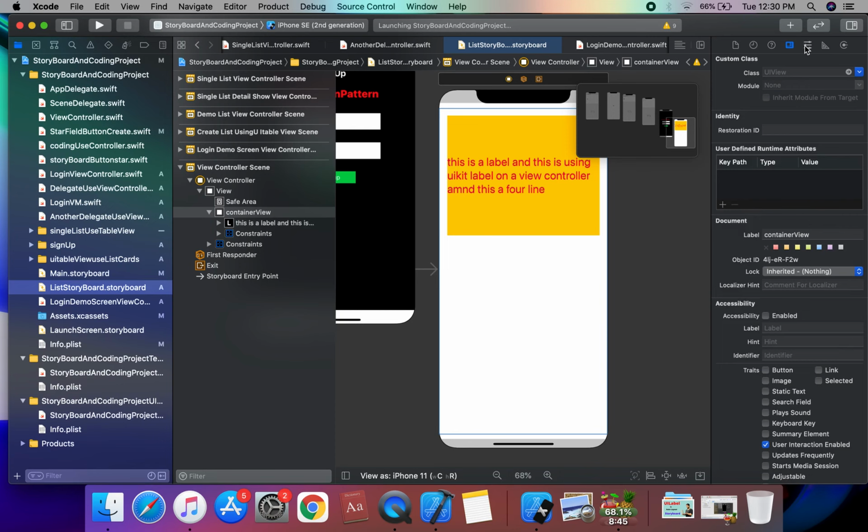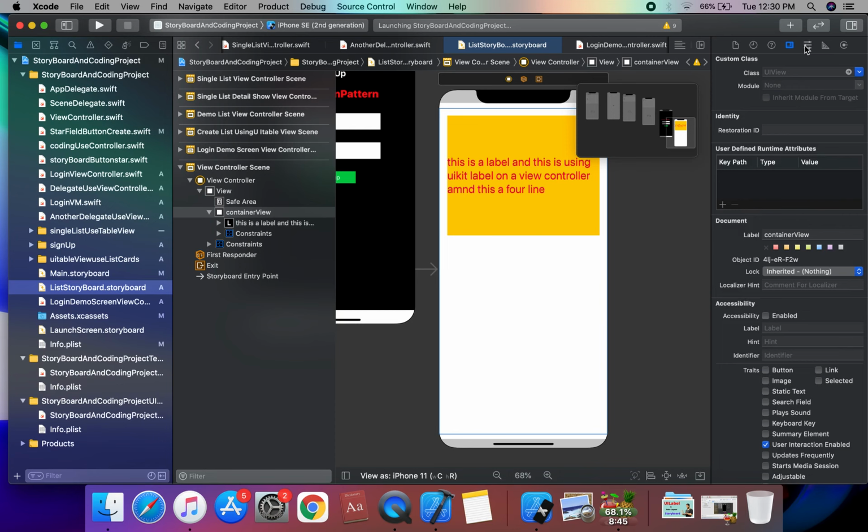This is the multi-line text field with four lines in the view controller. You can set four lines, or one line, and the text changes to one line. We can set five lines of text as well.